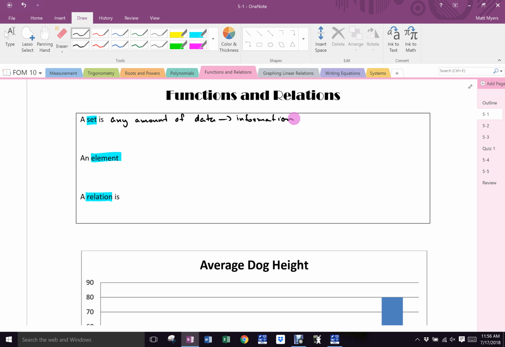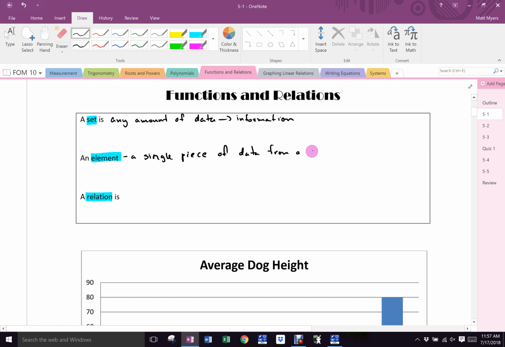Now, how many coffee cups are in my hand? 2. It is still a single set of coffee cups. Does everybody understand? All right. But now there are 2 of them in my hand. That is what an element is. An element is a single piece of data